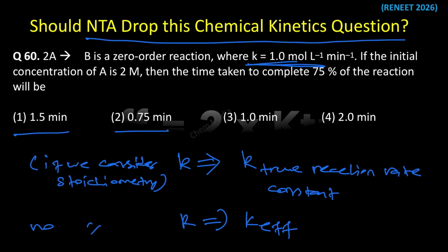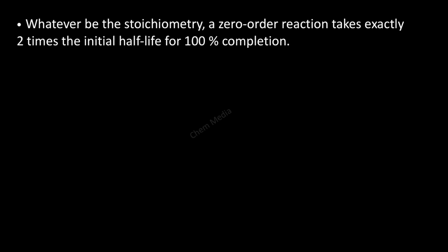Irrespective of that, there is one thing that everybody can agree on: whatever be the stoichiometry, a zero order reaction takes exactly 2 times the initial half-life for 100% completion. This is a statement that everybody can agree with, isn't it? We can mathematically prove it. So let us say we have the following reaction, A times A giving products, which is a zero order reaction, and K is the true reaction rate constant. So in that case,